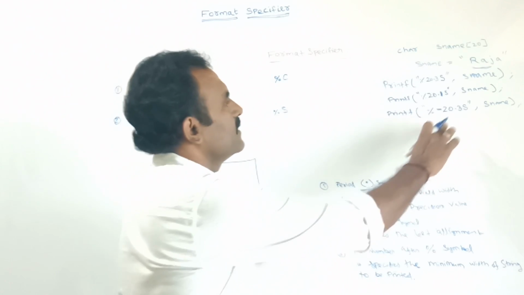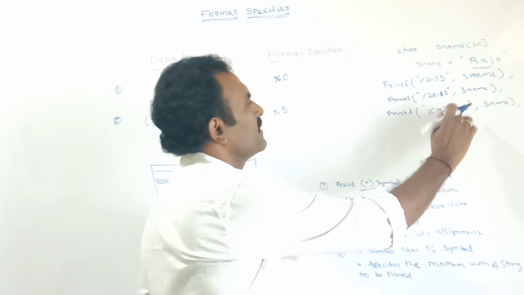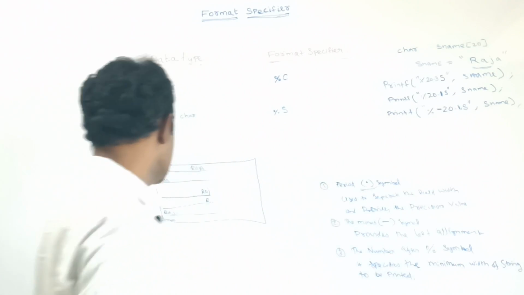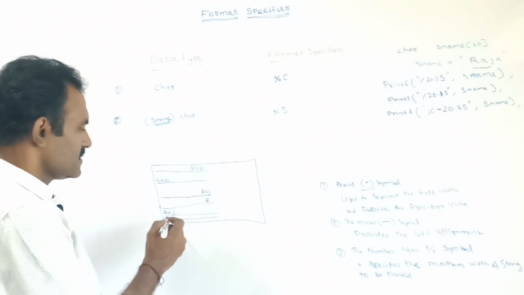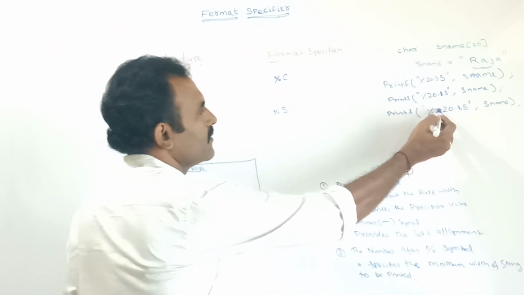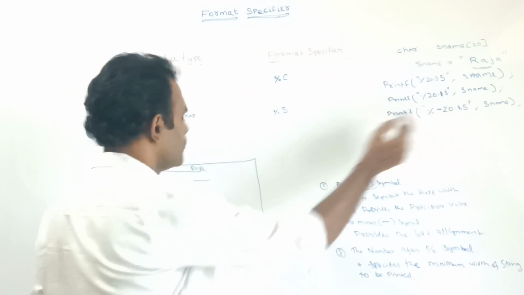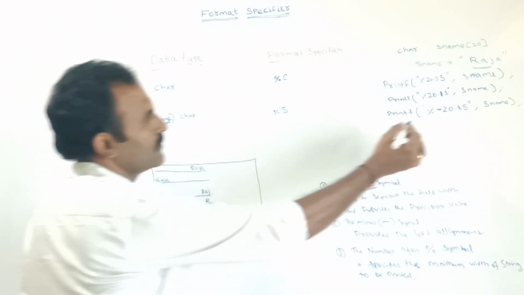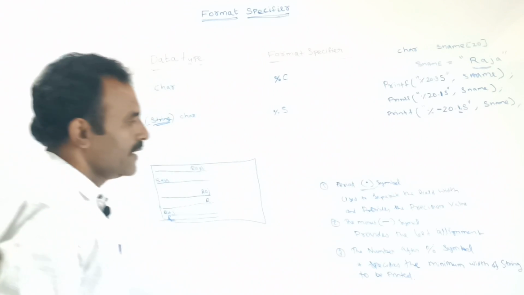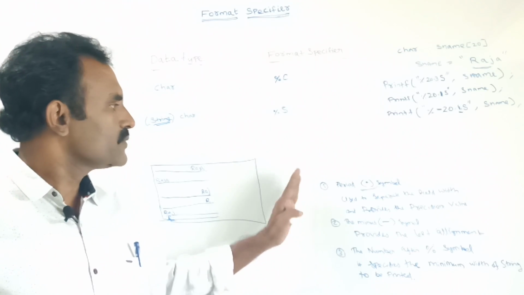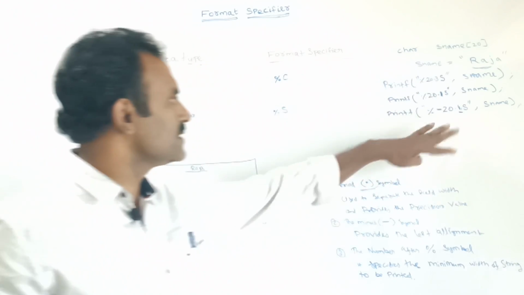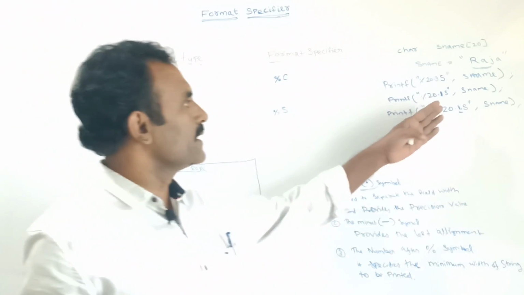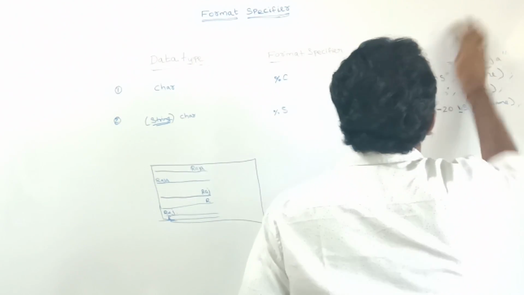In the same way, instead of 3, if I am giving minus 20.1, here it will take 20 spaces. Minus means left. Here I am telling to print a single letter R. Precision value is 1. In this way we can use this point symbol, minus symbol and the number after the percentage to display the string in this way. Next, let us see about the integer.